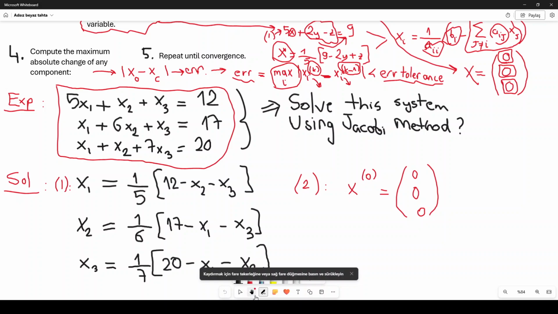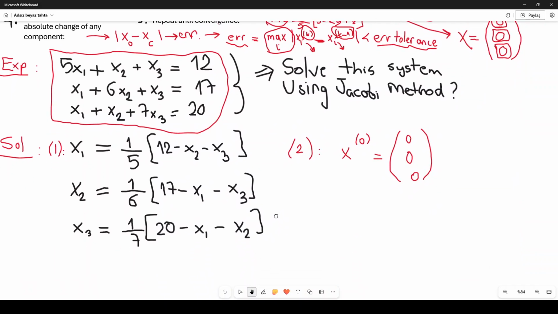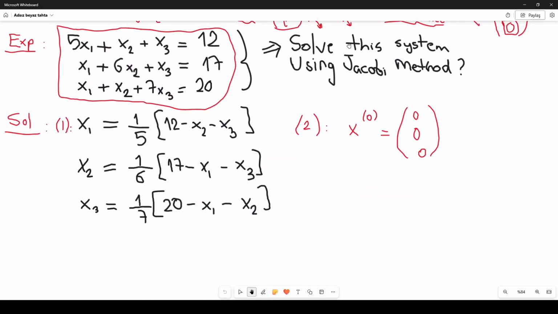So now we need to isolate each unknown variable in each equation respectively. In other words, in the first equation, as you notice guys, I isolated the unknown variable x1, right? And how have I done it? The way to do so is I just move